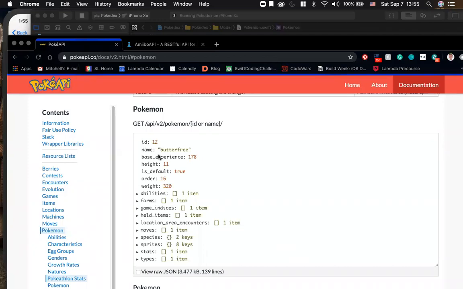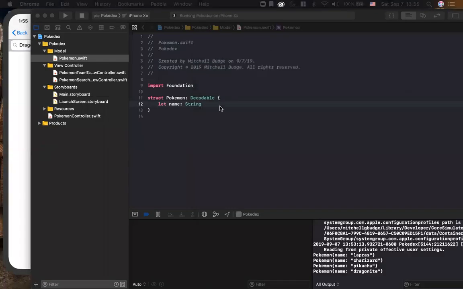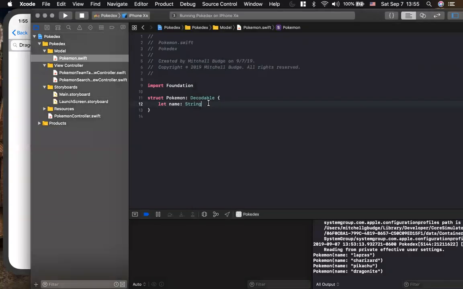Abilities, types. There's a couple other things, right? There's sprites and ID. Let's do ID next because it's really simple. I've got a print statement so that we can see that we're actually going to get the ID back. So all I'm going to do is say let ID be of type int